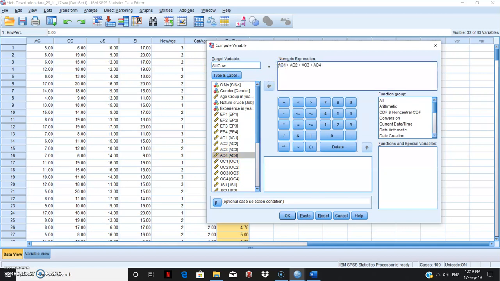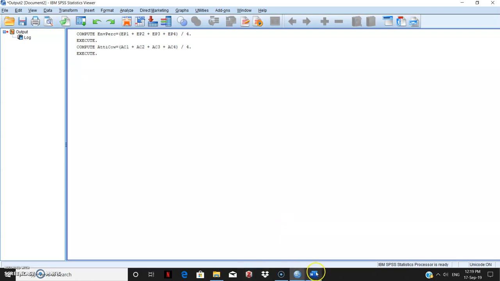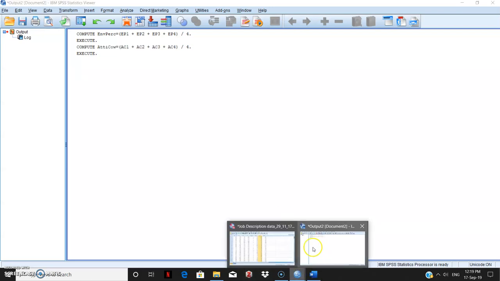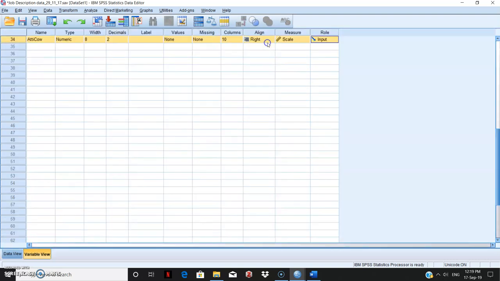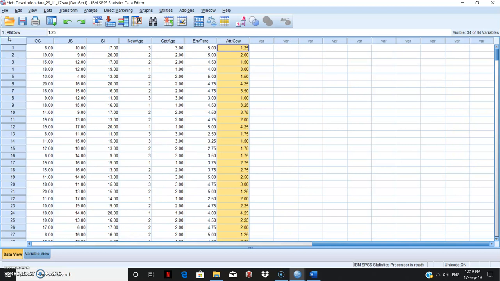And I am going to take the average of all these. Then only I can say that I have calculated the mean, divided by 4. And then I click OK. So now again I see that the calculation has been carried out, and I have a new variable created here, which is the mean of the attitude towards the coworker. Right? So the next task would be to calculate similarly for job satisfaction as well as for staying intentions.